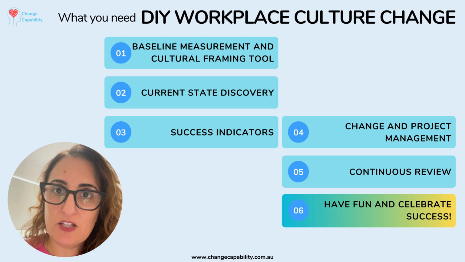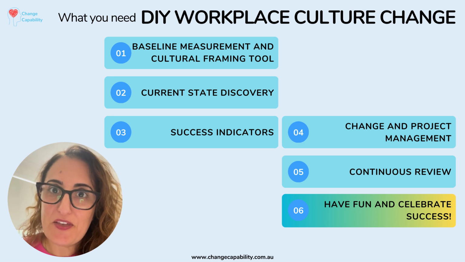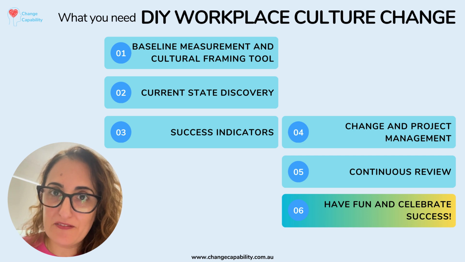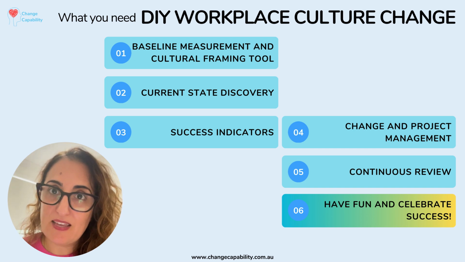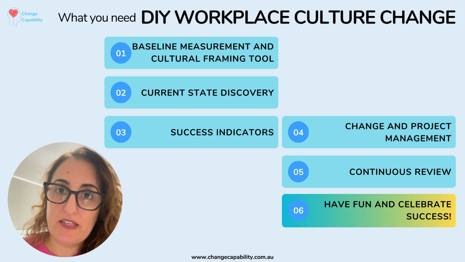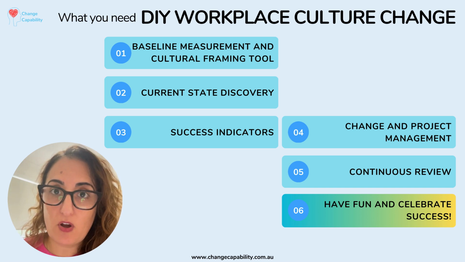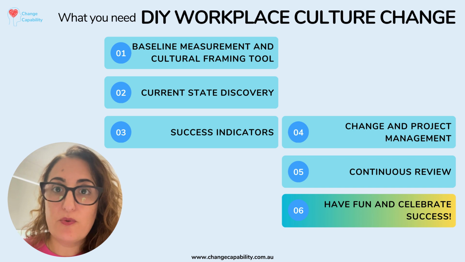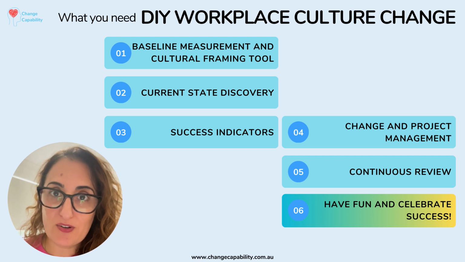So whatever it is you want to see, you need to create very measurable, definable success indicators. So think about the SMART methodology that we have for measuring and assigning goals. It's the same thing when you're defining your success indicators for culture. The more vague you are about the type of culture you want in your organization, the more vague outcomes you will get. So the fourth thing is to apply change and project management to your culture change process or